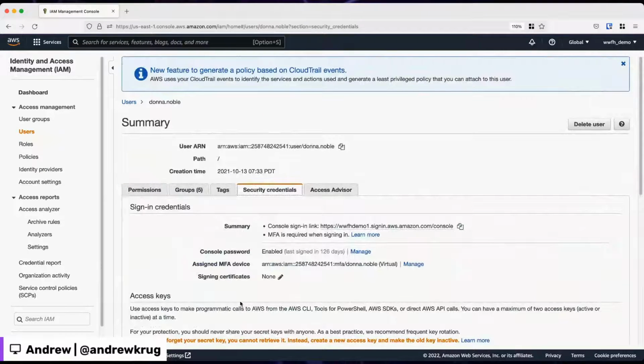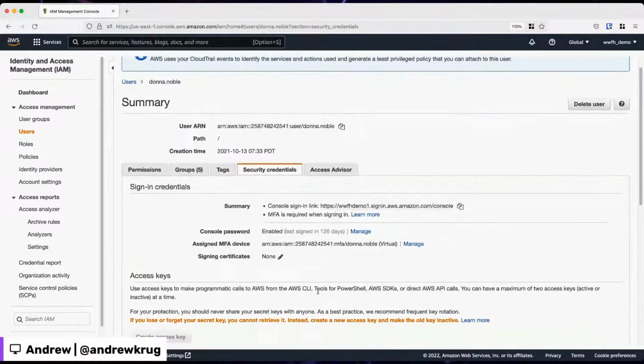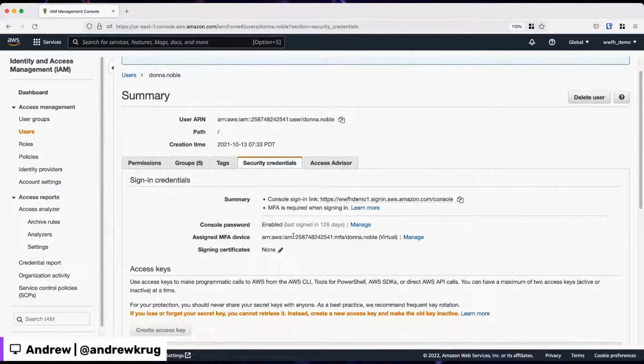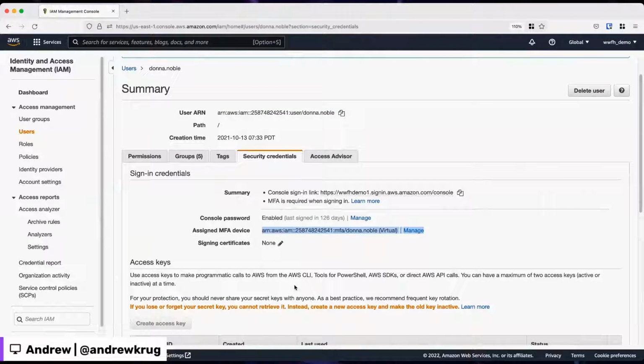But this user also has security credentials. And some of the attributes of that are that we have an MFA device also enrolled for this user. So this user has to sign in with second factor authentication. Again, this could be a U2F token, but in this case, for simplicity in the class, this is just the 6-digit TOTP sign-in.